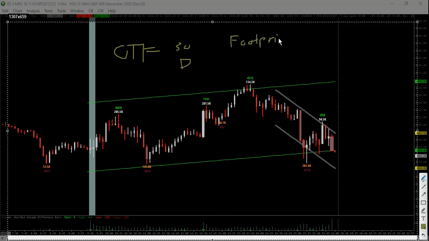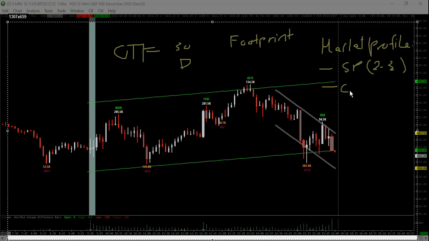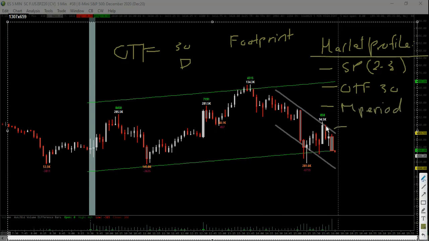When it comes to market profile, let's just jot that down. All I have to tell you guys is single prints, do we have any? How many do we have? That's an important nuance. 2 or 3 per day, that could happen. One time framing on the 30 minute candles for the intraday auction, and then M period. What is M period doing? Okay. Also,